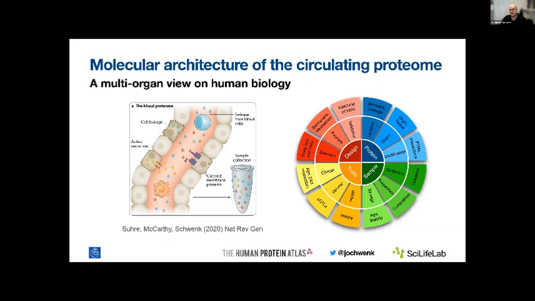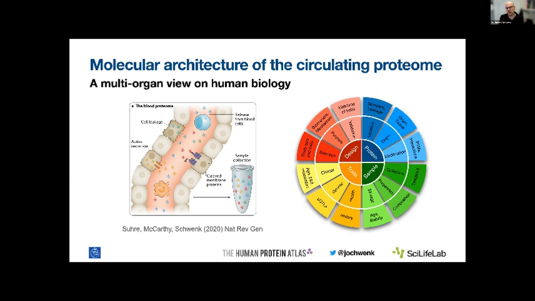But of course, the challenge increases when we want to understand if a protein comes from a specific organ, or if it is being produced by several organs and not just a single one. So if we want to really understand and capture human biology, which is a multi-organ view on the human phenotype, there are many different things we need to consider. On the right-hand side, you see a depicted diagram, which explains some of these dimensions that I think are important to consider when we want to understand the information that we generate from the